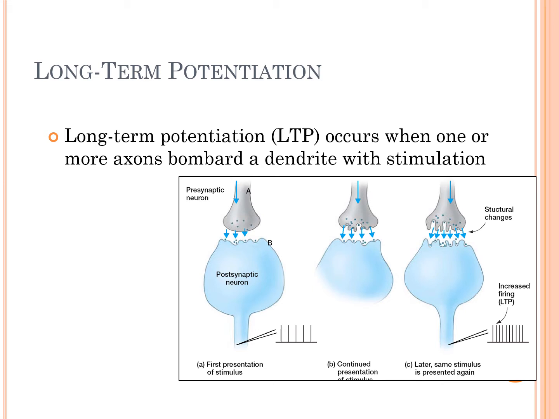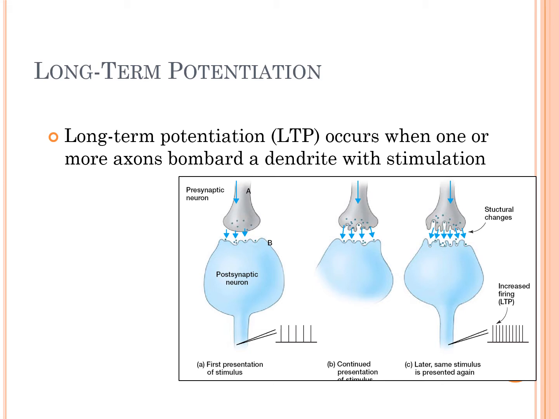So these long-term changes that are occurring in the relationship between the presynaptic neuron and the postsynaptic neuron as one or more axons are bombarding a particular dendrite with stimulation. And so that postsynaptic neuron is going to fire. And I'm going to do this in this simple way, and then I'm going to keep adding pieces to it. So if we look at the presynaptic neuron, it is releasing neurotransmitter, and then if that's getting the postsynaptic neuron to fire, it's going to be firing rather slowly with the first presentation of the stimulus. So this kind of fire, fire, fire, fire. And as we get those neurons that fire together, wire together, as long as we are actually communicating directly,